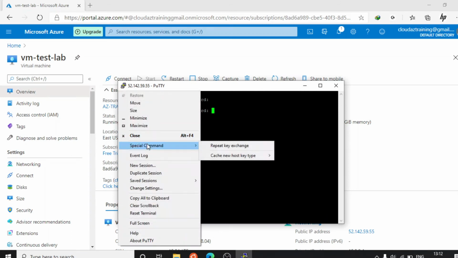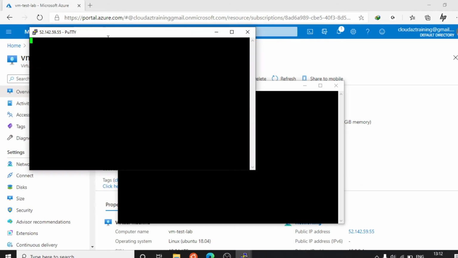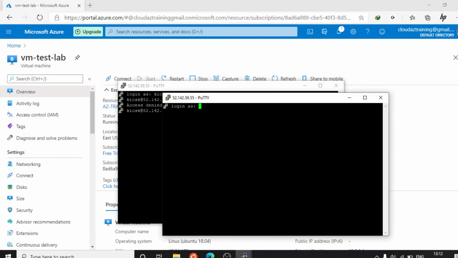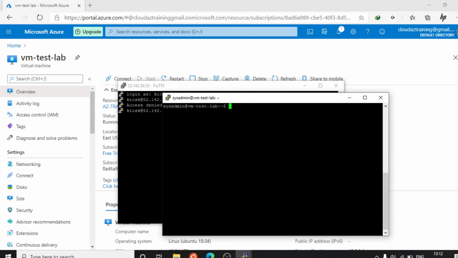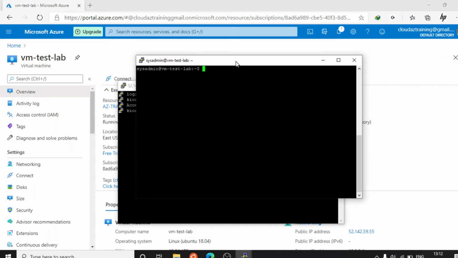Maybe the username is different, so I am putting it as a duplicate and putting it as system. Now we can see we are able to log in to the VM successfully.